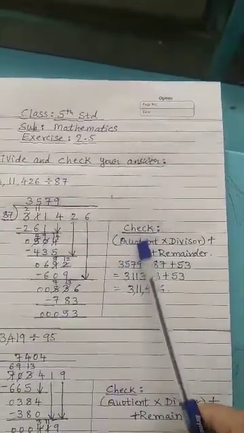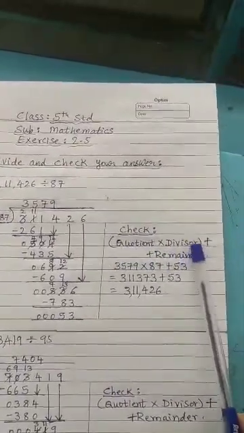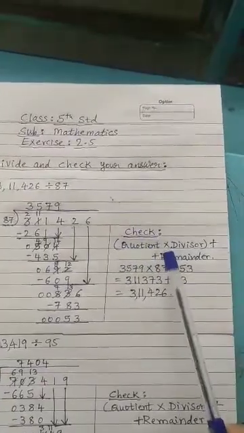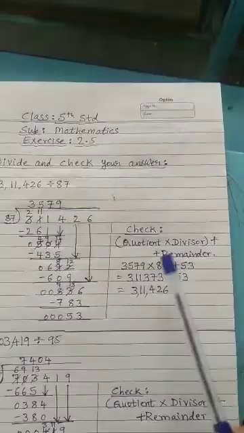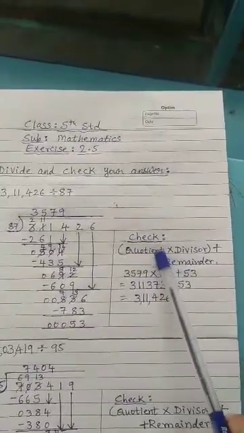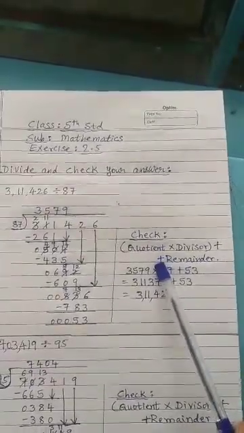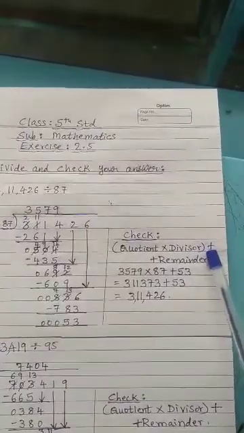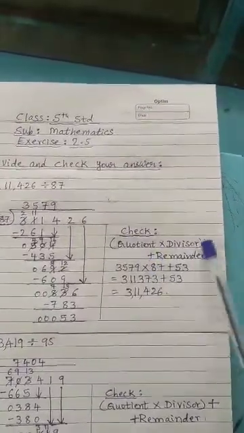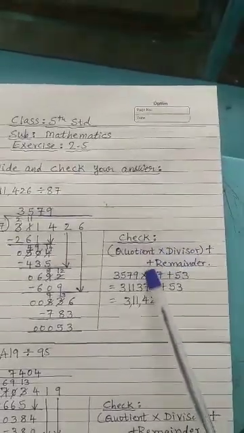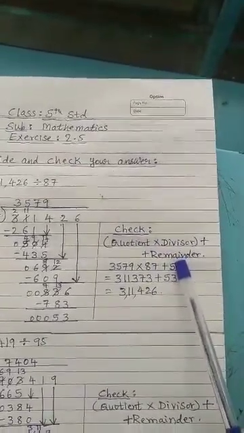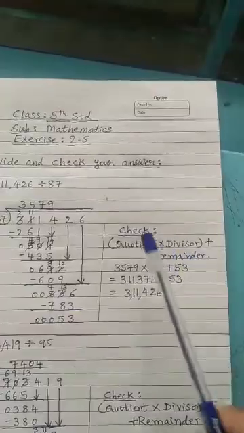Now what he is telling, check. So for check means, this is the formula you have to use: quotient into divisor plus remainder. Double time I have written. Actually here we have to write plus. If I written here, not written here means you will get confused. That's why both side I have written plus plus. But only thing is quotient into divisor plus remainder. This is the formula you have to use for checking.